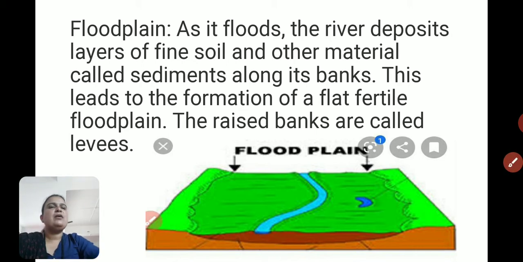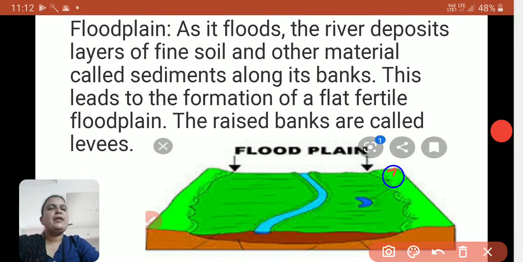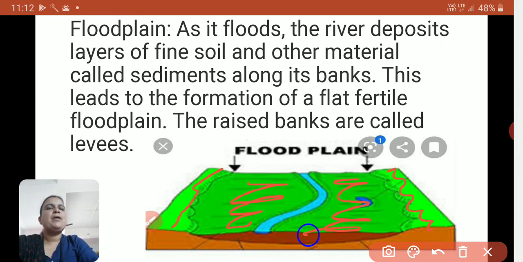You can see here this area is called levees, and this area is called floodplain, because as the water in the river increases, the soil particles and sediments get deposited in this area, so it becomes very fertile due to these sediments, fine soil particles. So this area is called the floodplain area.